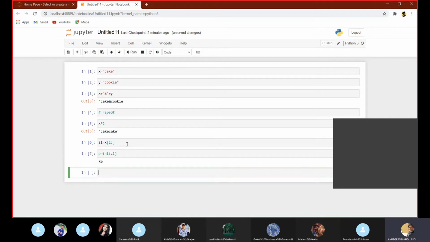The above slicing is called range slicing. Here I represented a range, that is 2, and we can do the slicing. This is called range slicing.